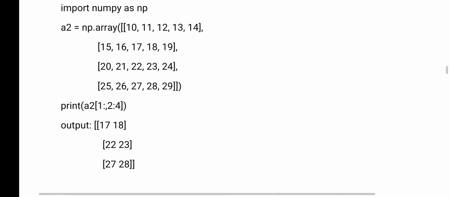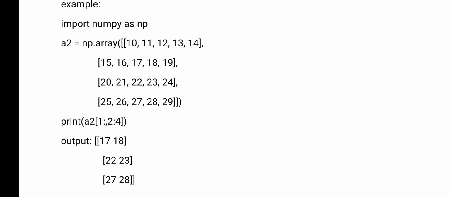Okay, and in the first row you have given 2 to 8. In the second row 22 to 23, 27 to 28. Here actually one point we missed, that is, the ending row number has not been given. See, only 1 colon has been given. So, if you have not given the ending row number, what does it mean? It will retrieve elements from all the rows.